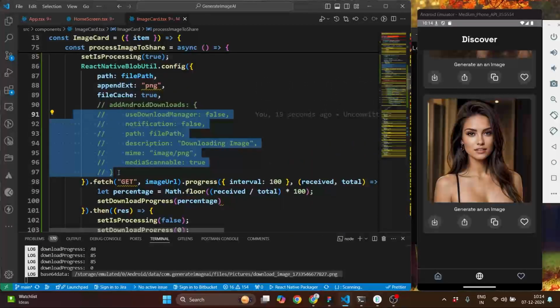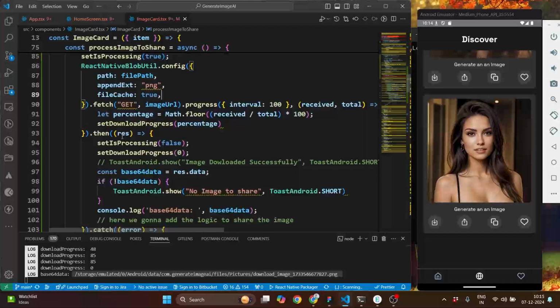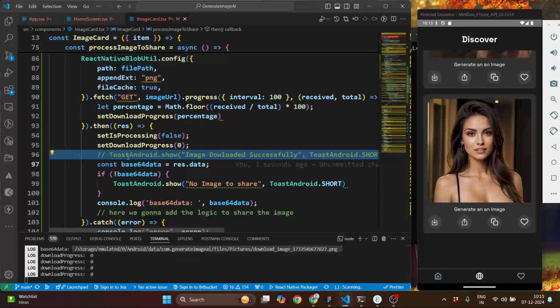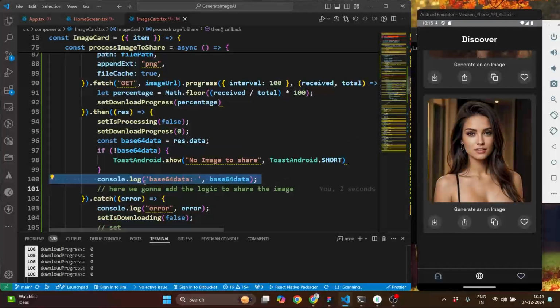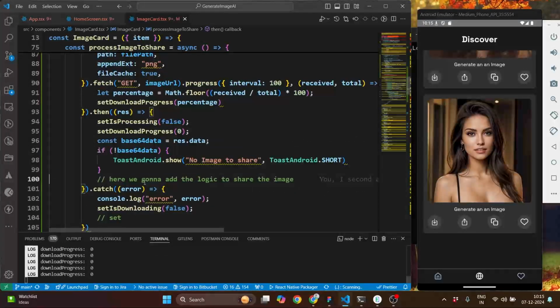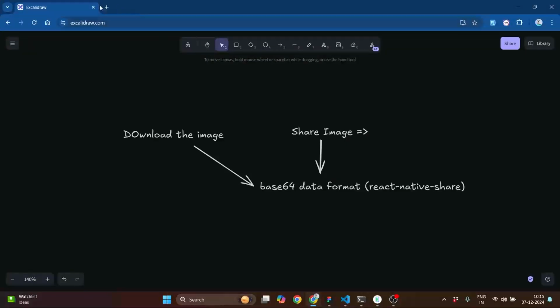I think we can get rid of this code. Let's clean this code, because in process we don't want to show any download manager or something like that. We're gonna also remove this code. We're gonna also remove this base64 data, and after that, to share the base64 data, what package we're gonna use? The package which we're gonna use, let's go to the browser, and we're gonna use a